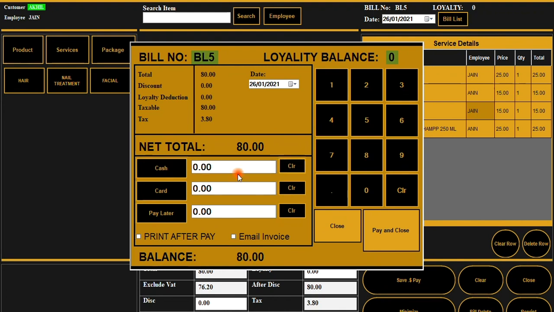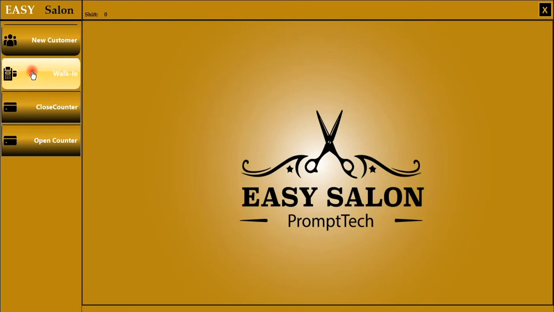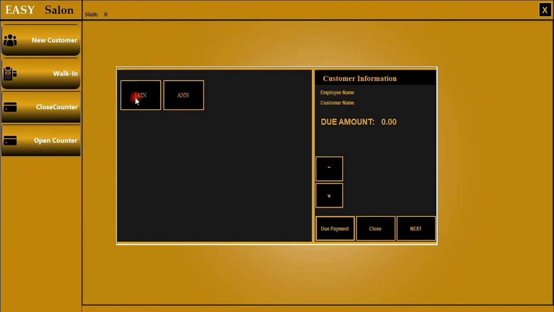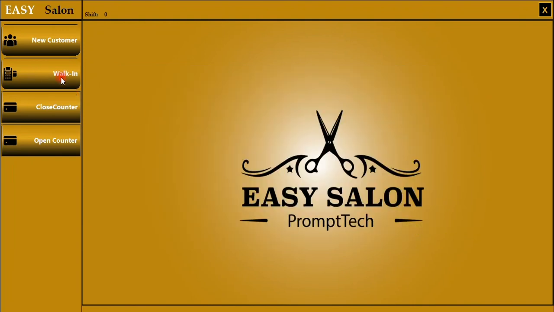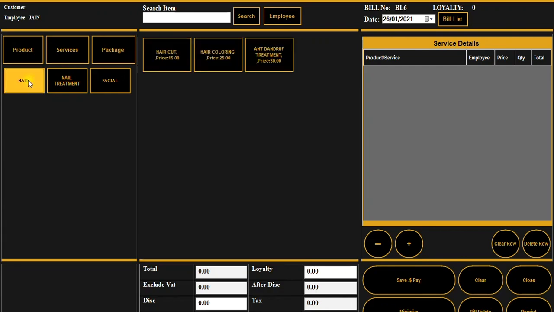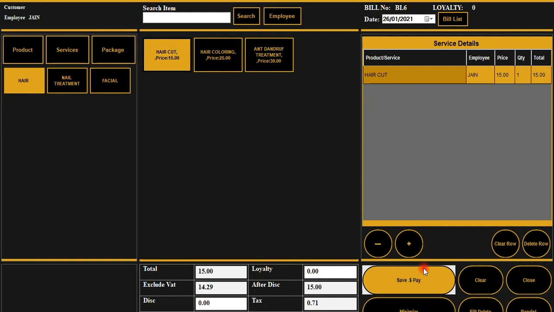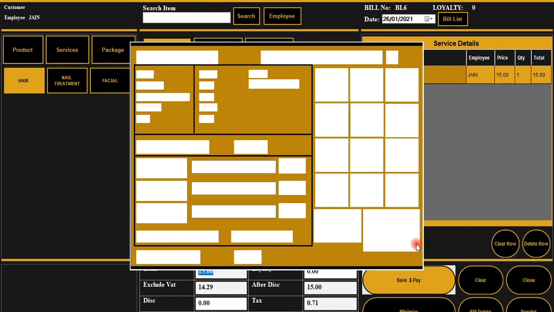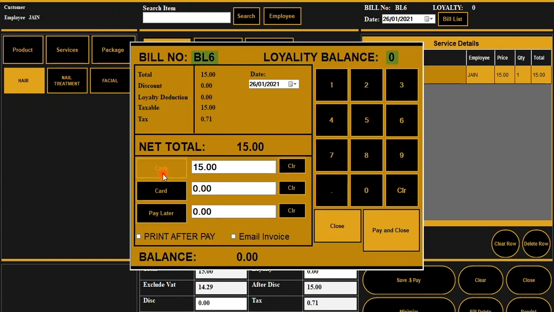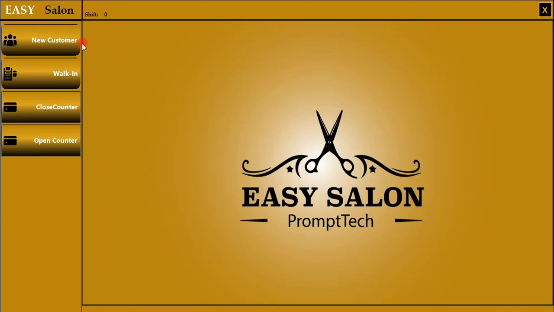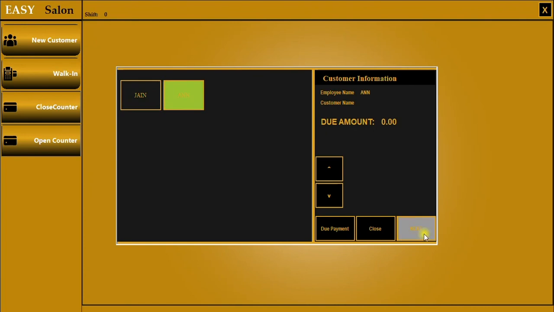in the same place. And then you save, and as soon as you save, the bill counter appears, where, if you want a print of the bill, you can tick mark on this, or that is up to you. Now you can even choose whether he's paying by cash, card, or paying later, and then save it. Now, as I told you before, we'll talk about a walk-in customer who is without an appointment. Now I just allocated a staff, and now I'm putting his services across, right? So without anything else, you can directly make him pay by card or cash, and the thing is